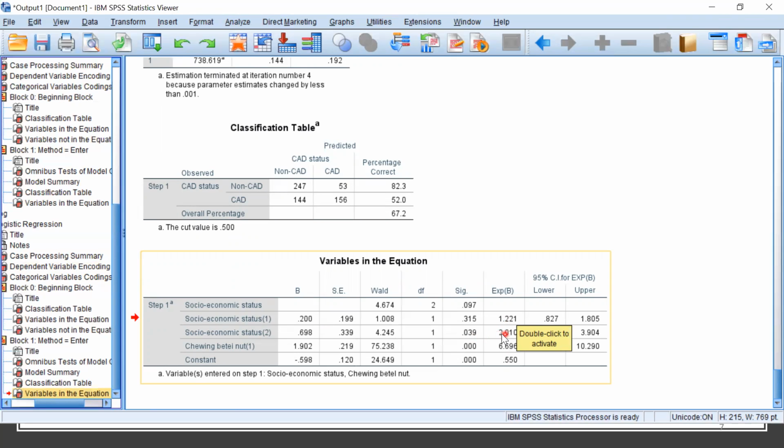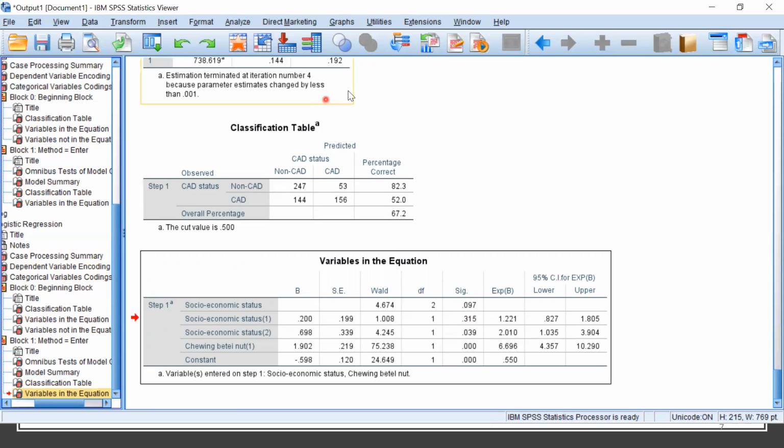Similarly, the high class is twice as likely to endure coronary disease as compared to the low class. And similarly here, the betel nut chewer has 6.696 times higher chances of having coronary disease as compared to the non-chewer. This is a lecture for